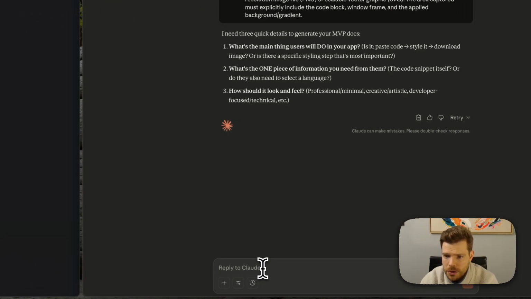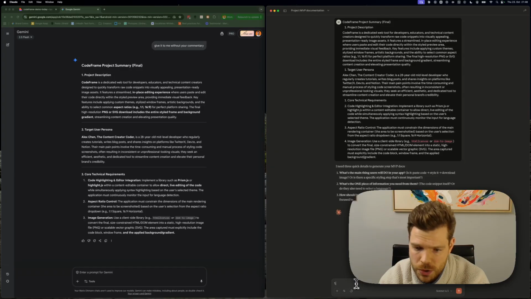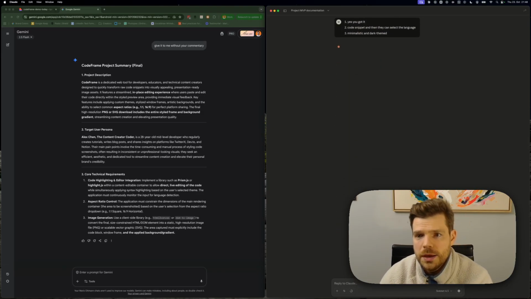Now it's asking me for a couple of follow-up questions. So what's the main thing users are going to do? Paste code, style it, download the image. Yes, you got it. Then what's the one piece of information you need from them? Code snippet, and then they can select the language, and the look and feel I want to go for is minimalistic and dark themed. So we're going to hit go,